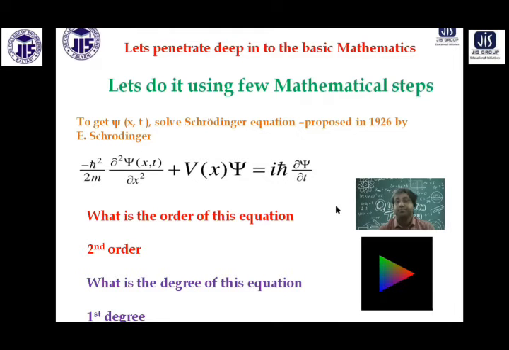So getting psi is the most important issue. How do you get psi? By solving this equation, and the meaning of it, all the terms I mentioned. Now the question is, how do you solve this equation? Before you solve it, I want to make you remember one more issue.